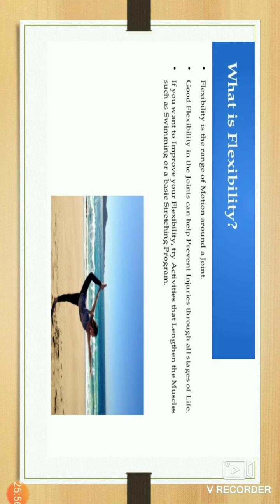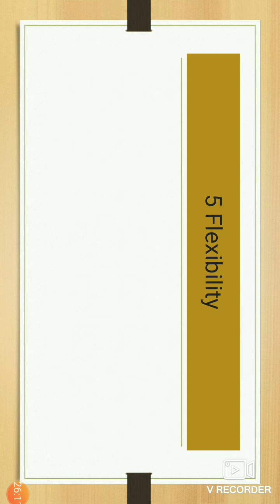It's a test known as the sit and reach test. The purpose of this test is to measure flexibility of the lower back and hamstrings. The equipment required is a flat surface, a mat, and a sit and reach box. The procedure is that the individual to be tested first removes his or her shoes and sits on the floor with knees fully extended, feet shoulder width apart, and soles of the feet held flat against the end of the box.